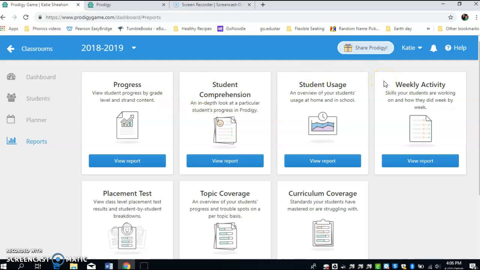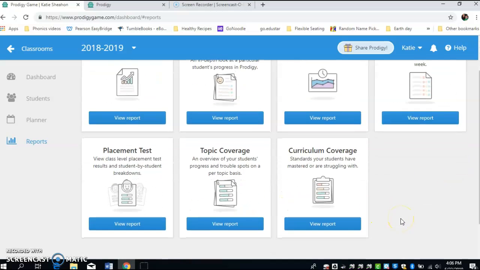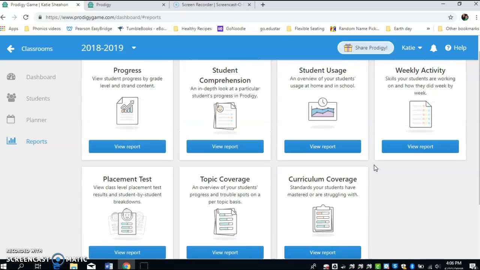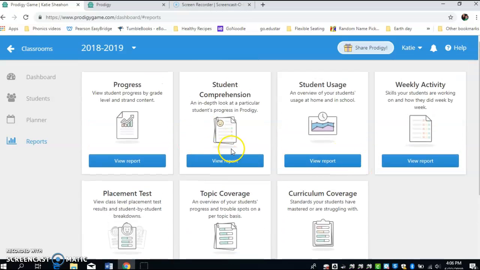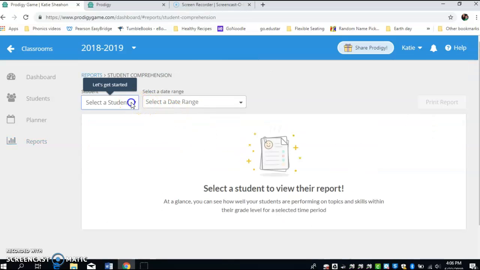And finally, the reports. There's quite a few reports here. Their progress from the beginning to the end of the year, their student comprehension, the usage, weekly activity, placement tests, topic coverage, and curriculum coverage. So this talks about standards your students have mastered or are struggling with. So my favorite ones here, honestly, are, I like this one because it talks about